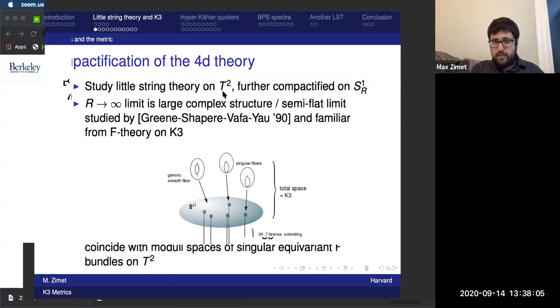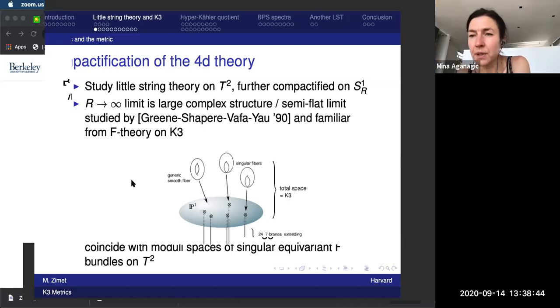So the little string theory on T3 is dual to M theory on K3, and M theory does see the whole K3 surface. So the R goes to infinity limit is where M theory limits to F theory, and so there the metric is the normal F theory metric. But away from R equals infinity, you see the whole K3 surface. So geometrically, as R goes to infinity the volume of the fiber shrinks down to 0 size, and then as R goes away from infinity, the fibers fatten up.